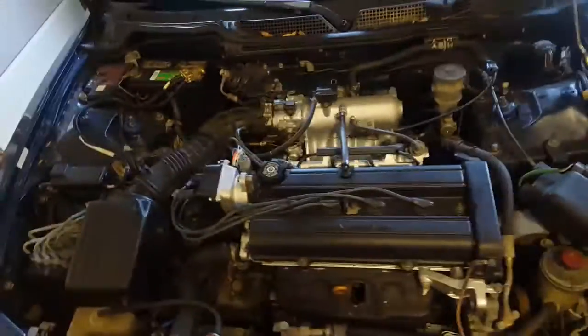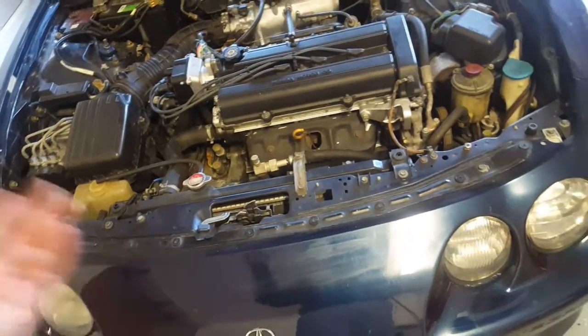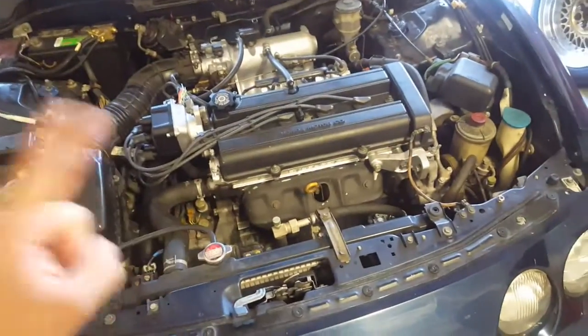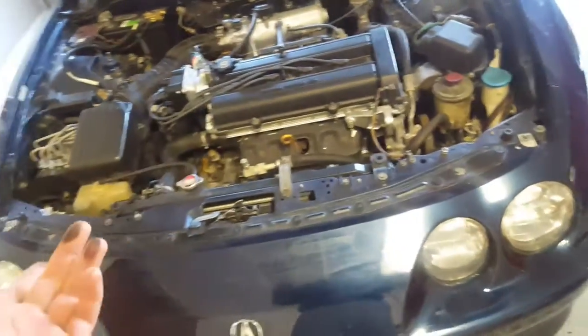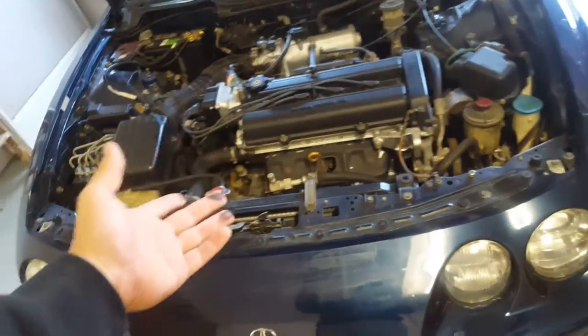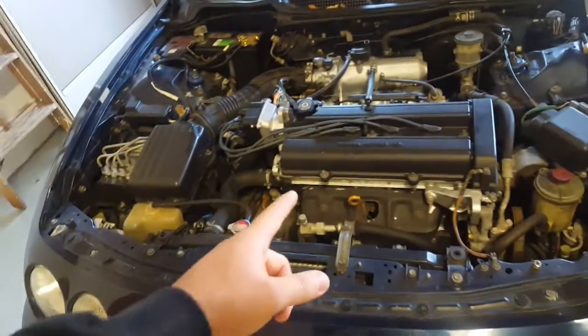Okay, now that we're over here, we have our hood open. The first thing that I always like to do is check our oil level, because even if you don't have any visible leaks underneath the car, it could be consuming oil, passing it over to the water, which would indicate a faulty head gasket most likely, which we really hope is not the case, or it could just be simply burning it how older motors tend to do. So first things first, we're going to check our oil,